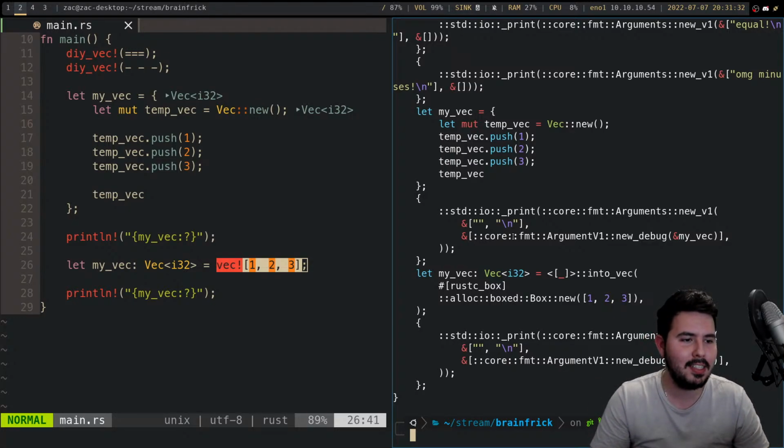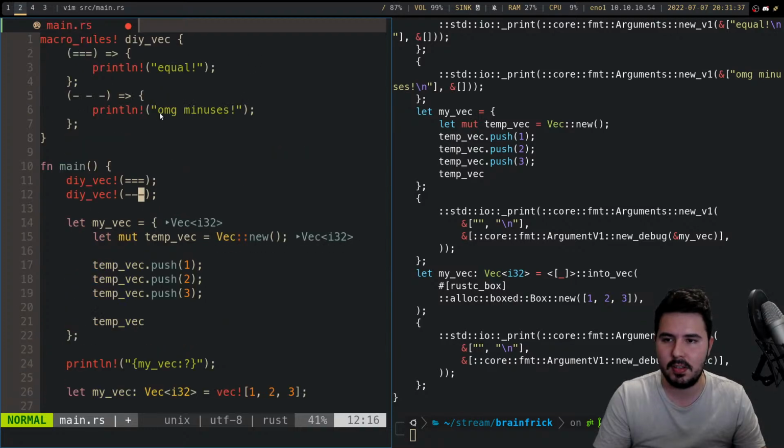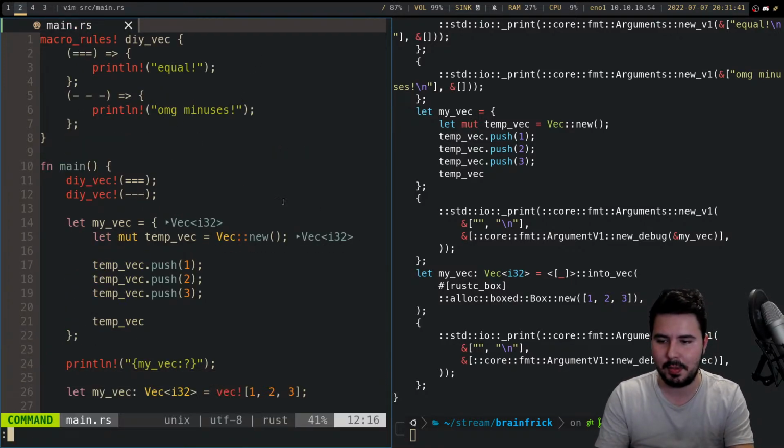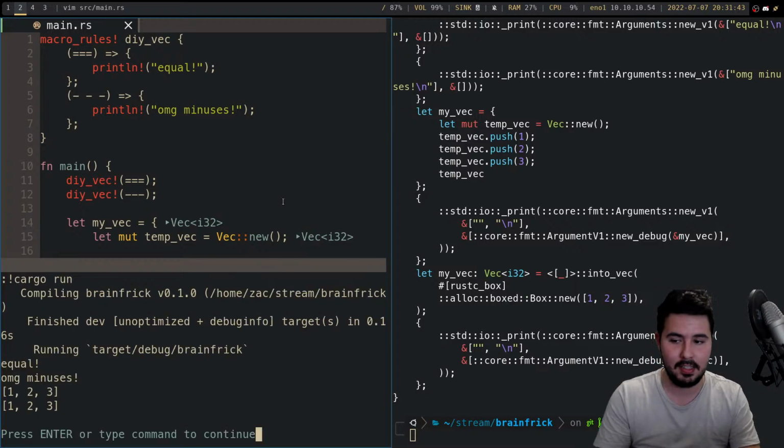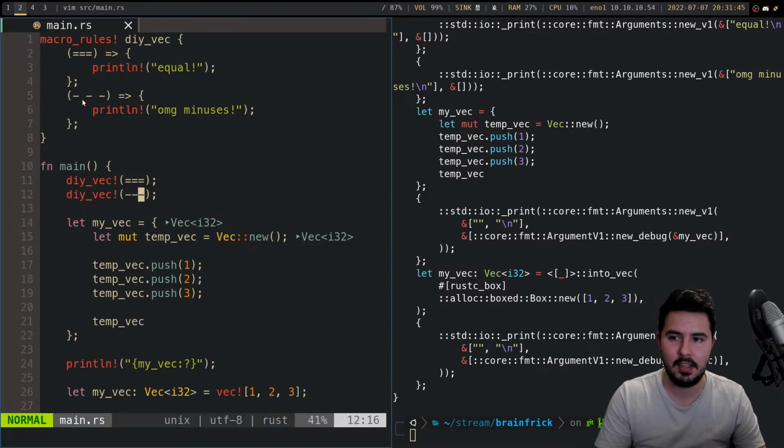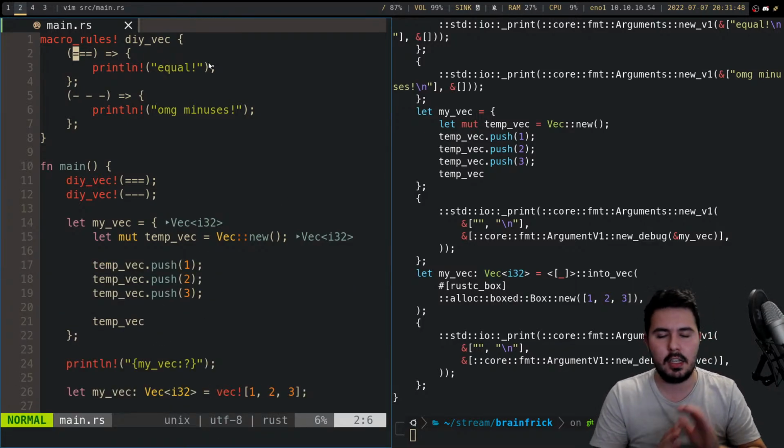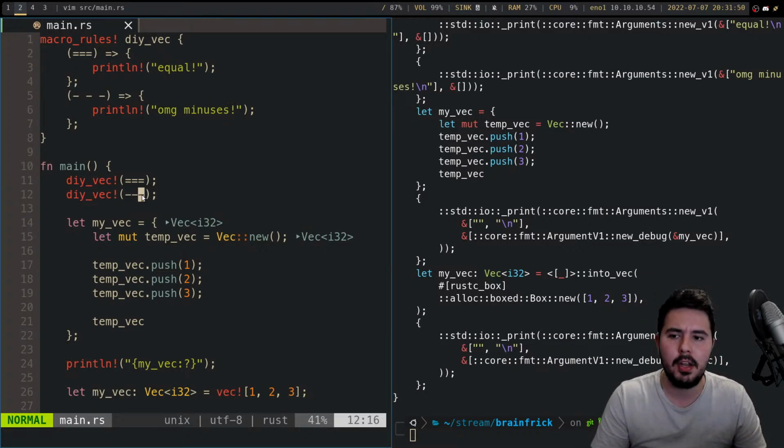Does it care about white space? Could you do vec minus minus minus? So let's have a look. Minus minus minus. And if I run it, oops, not pwd, cargo run, it still says equal. Oh my god, minuses, right? So it is white space agnostic, but you have to consider that sometimes the white space will affect